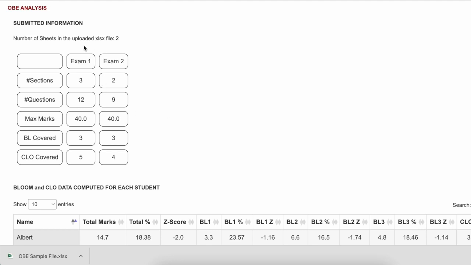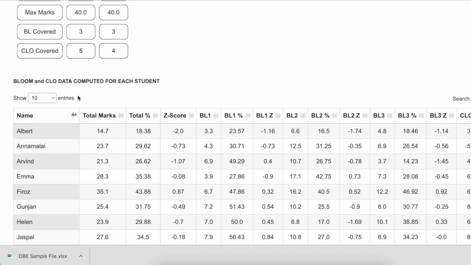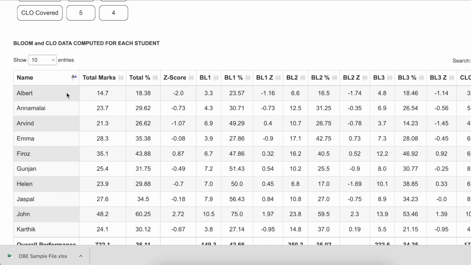The code automatically figured out that you had uploaded 2 sheets in your XLS file and that it had 2 exams. Exam 1 had 3 sections, exam 2 had 2 sections, exam 1 had 12 questions, exam 2 had 9 questions, and so on. This is the basic metadata for the 2 exams which you had entered. Now comes the interesting analysis of the Bloom's level and the CLO data that has been computed for each student. We can see that Albert has a total score of 14.7,